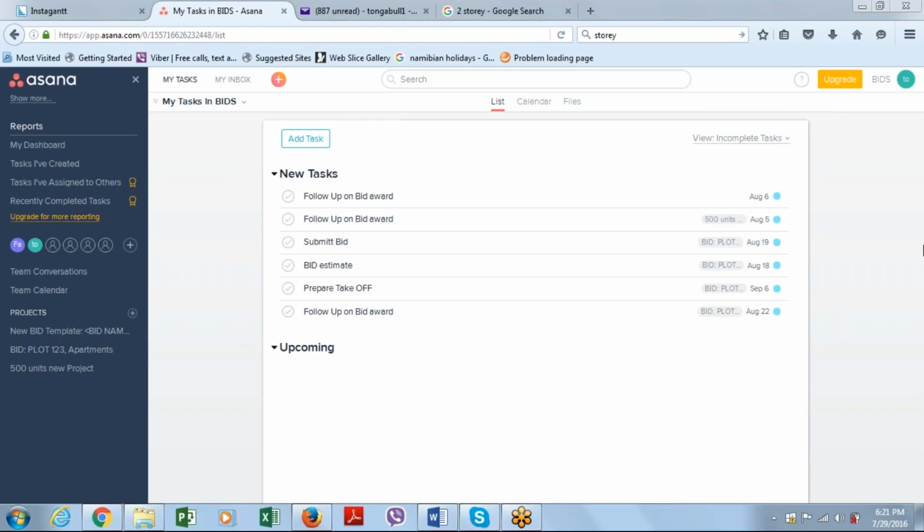Today we will be looking at how we can use Asana to manage our bidding workflow. Now the very first thing we're going to do is create a project template for all our bidding processes. Now this template will contain all the tasks that need to be completed for every